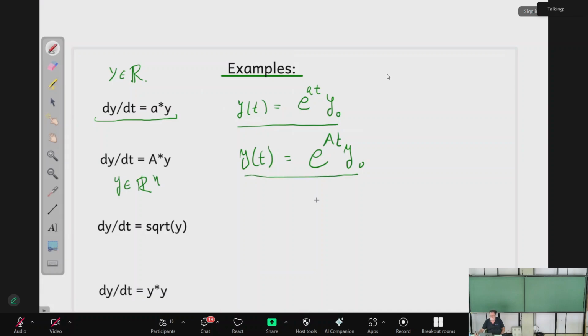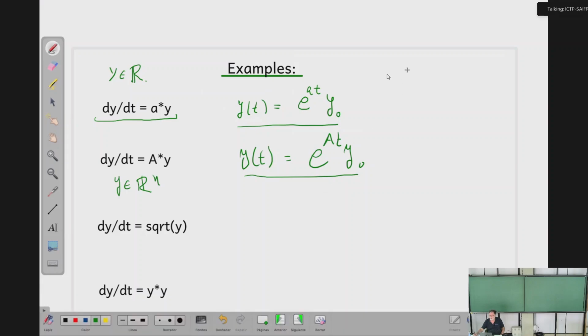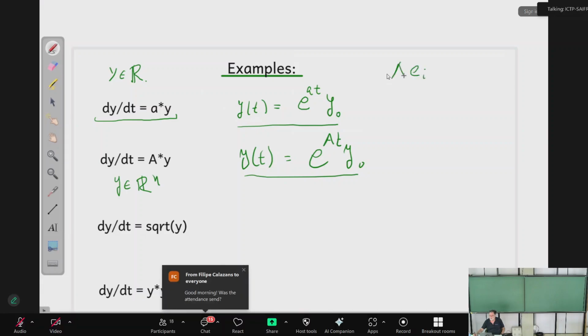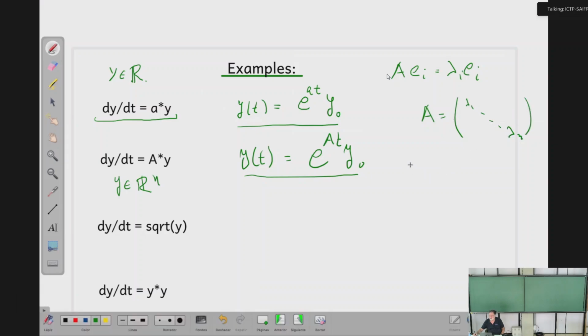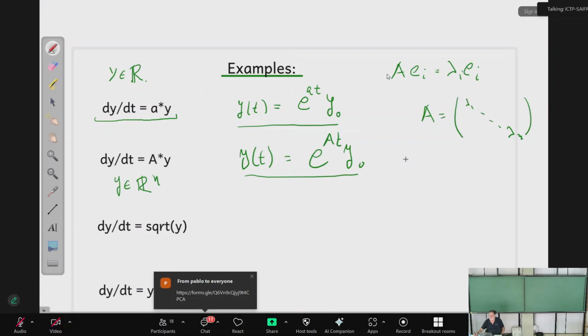So if A is diagonalizable, namely if there is a basis EI such that A EI is lambda I EI, then we can diagonalize it in this basis. The matrix A is just a diagonal with lambda 1 and so on. So we can partition this in blocks, and the solution of that will be